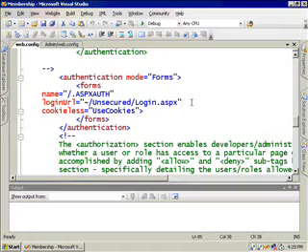Also in this example, you'll see that we have the cookieless setting set to use cookies. There are some options you have for working with cookies, and we'll look at those on the next